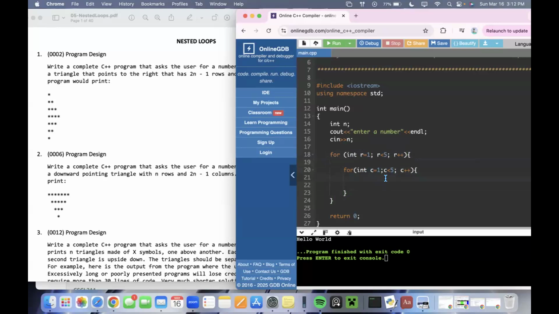So for each column here, I want to print, cout, I'm thinking of Python, cout a star for each time that I'm going to be going through this for loop over here, right? So if I'm going to be doing this,